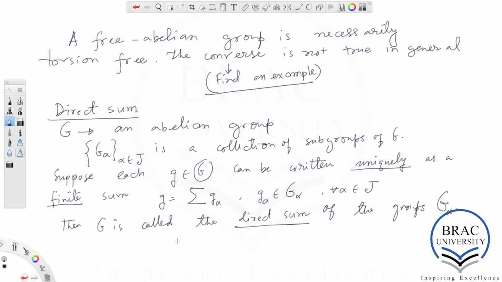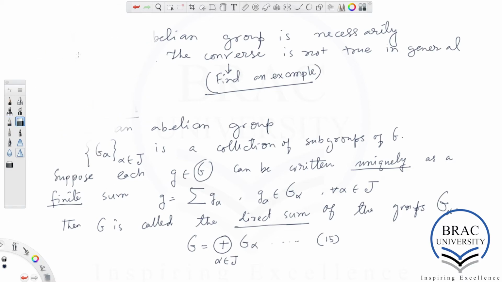So this is the notion of direct sum, and we write it in the following way: G is the direct sum of all G alphas where alpha runs in this index set J. We call it equation number 15.